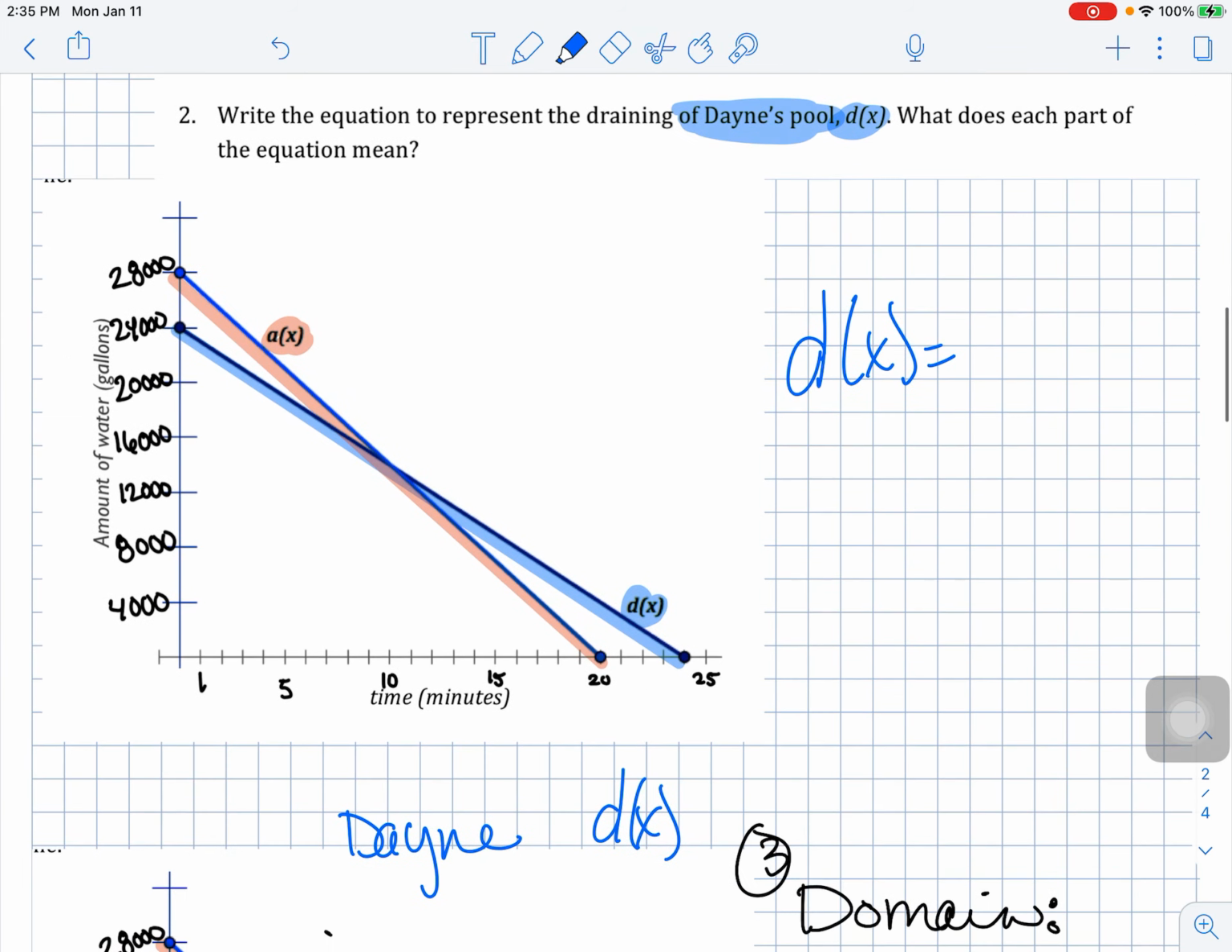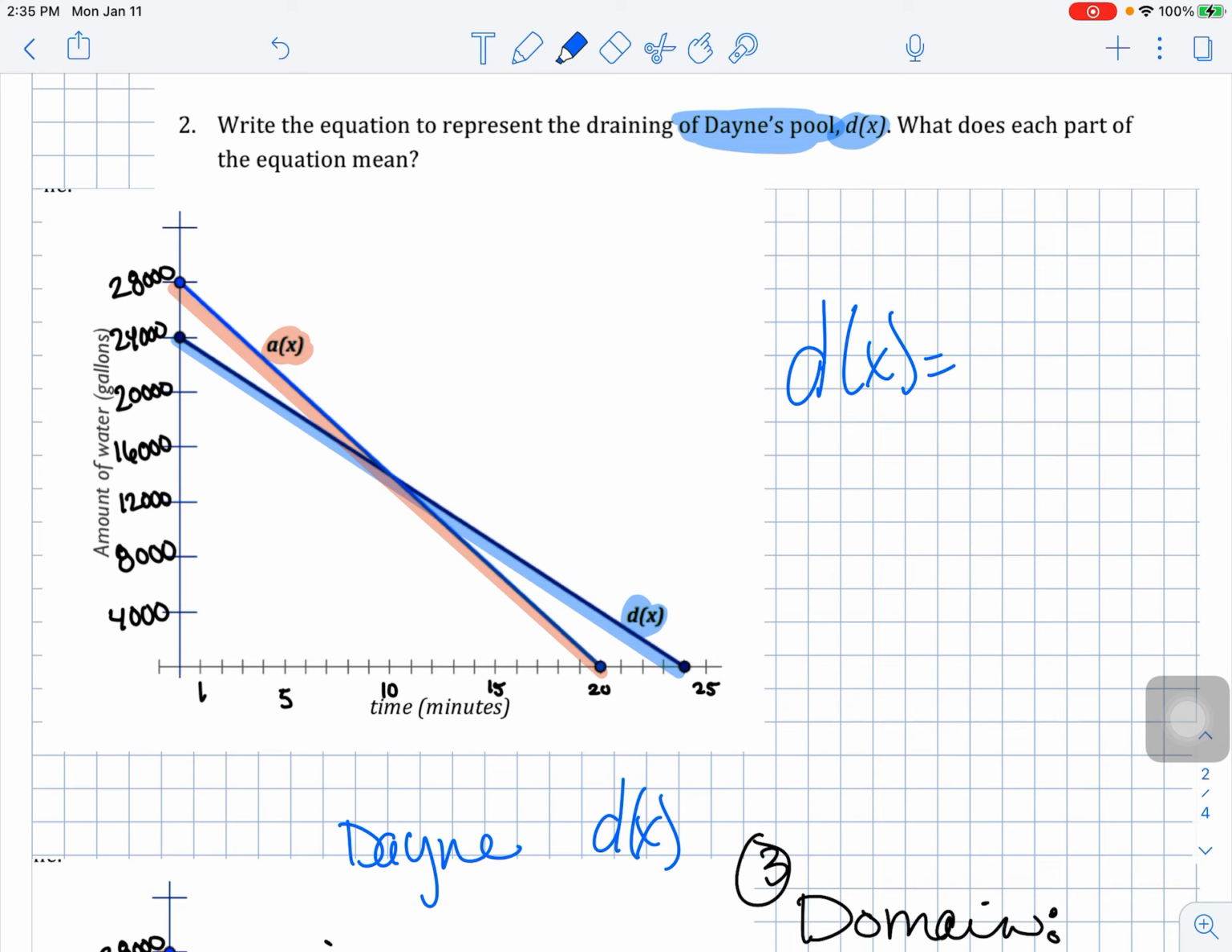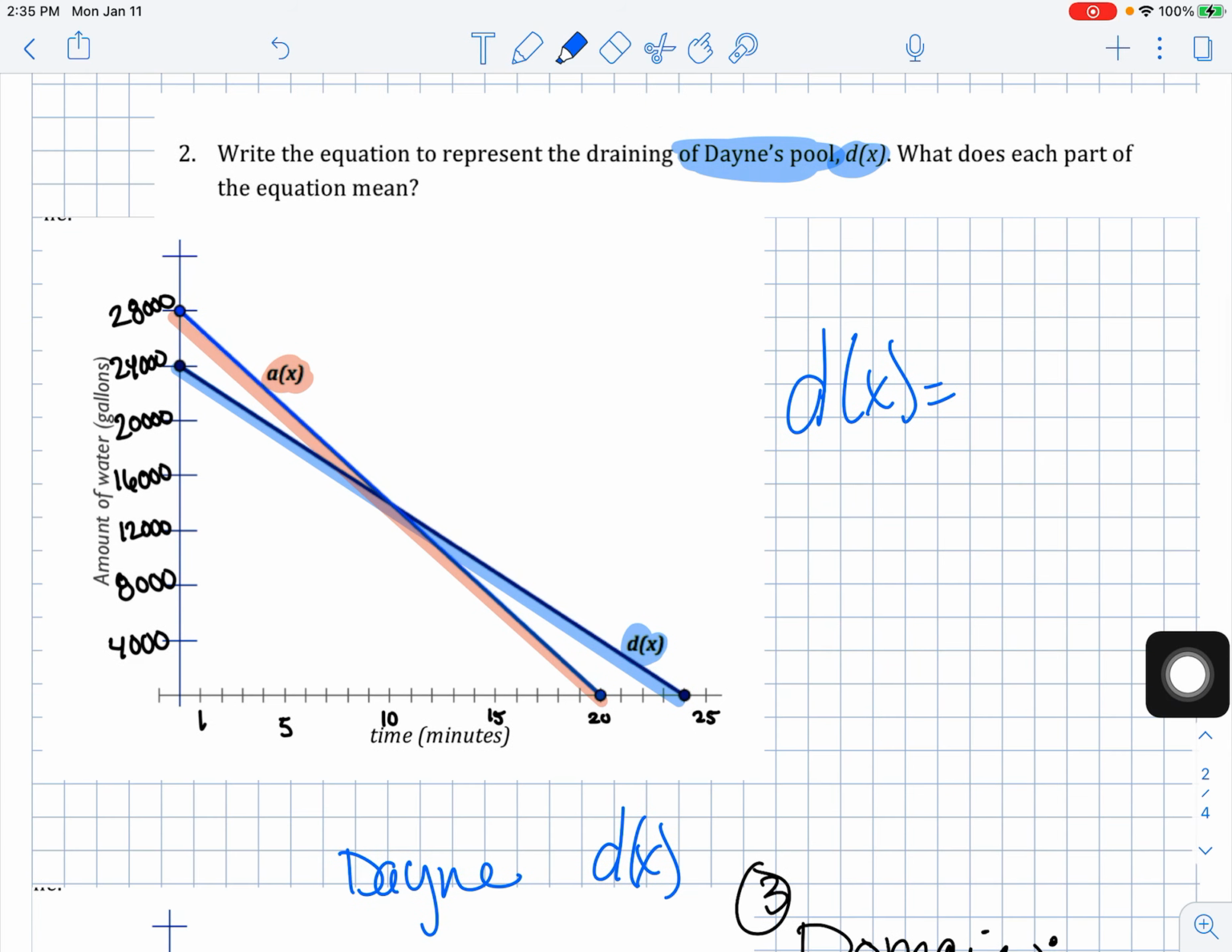Question number 2 says, okay, so now just looking at Dane, so just focusing at the blue graph, this one that I've highlighted in blue, can you write the equation to represent that line? So think about a start value. How much water does he start with? And then you're going to have to do some math to figure out how many gallons he pumps per minute. You can say, well, it started with what, and how long did it take to empty? And then you would divide those two. So to find your slope,